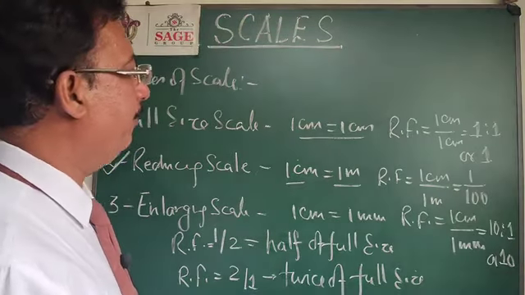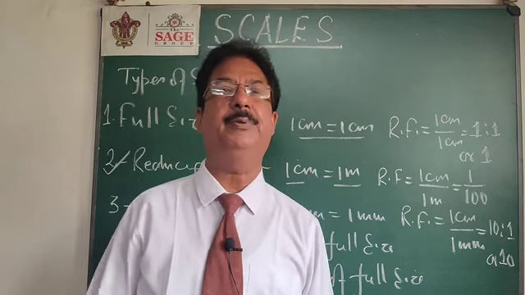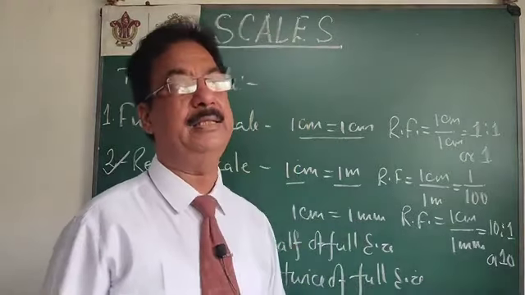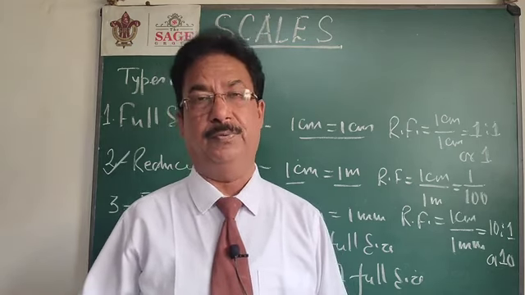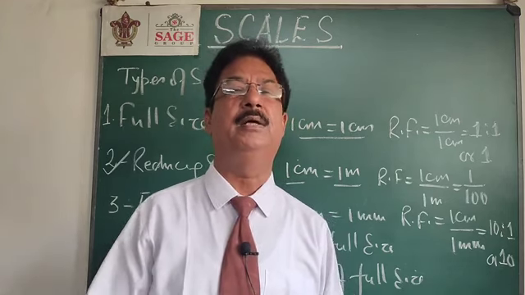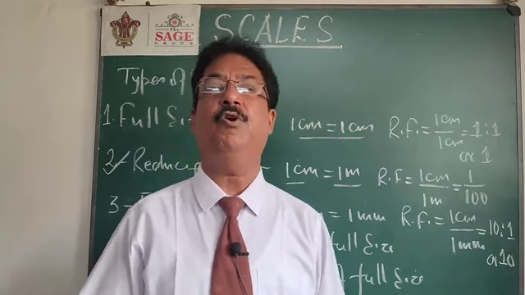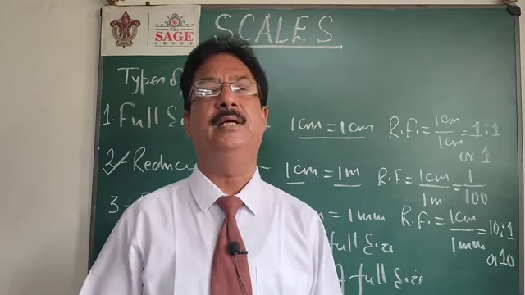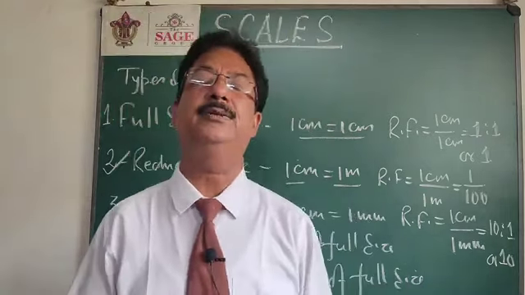So initially, for making any scale, we have to find out its RF, and that proportion will be given in the problem. The proportion may be given in the same form that I have written, in the form of a linear measurement, or maybe in the form of area. In the form of area, I will say that a particular area in the field will be that much area in the drawing. Or maybe in the form of volume, where I say that in actual the volume of the object will be this much, and in the drawing the volume of the object will be this one.